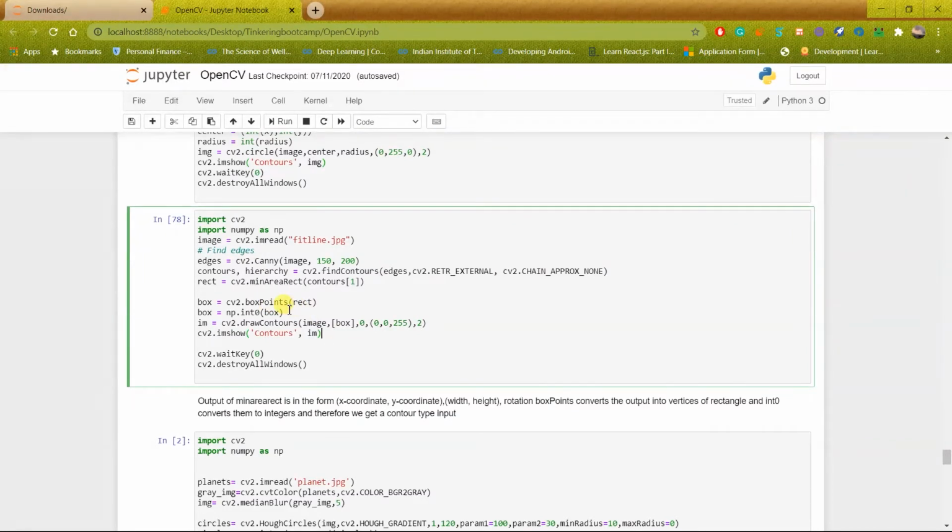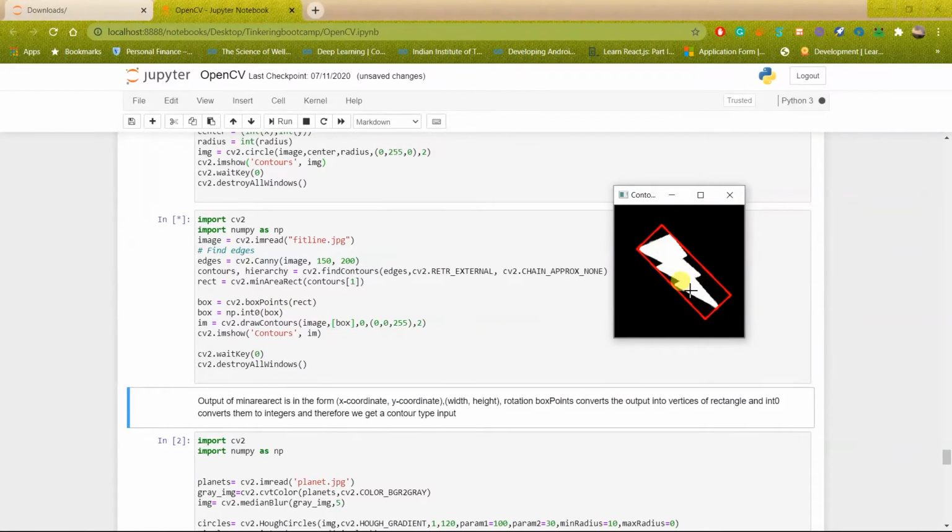Okay, so box points, essentially what it does is it converts the format in which we get the output from the minimum area rectangle into a desired output, which we want to draw the contours. For drawing the contours, we need the corners of the rectangle and not the width and the height. You can do that manually also, or you can use the box points function.